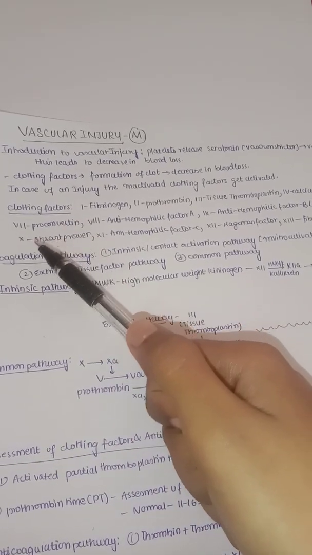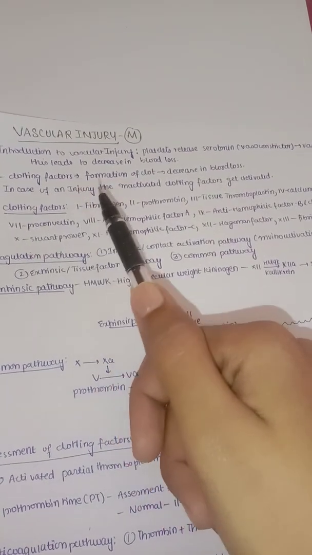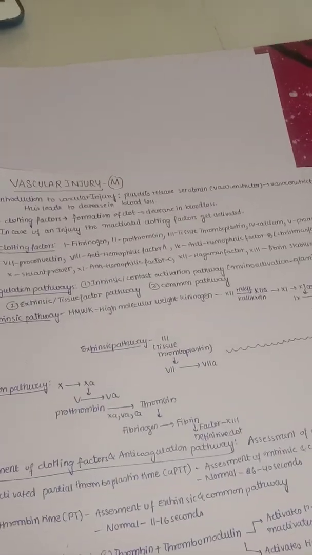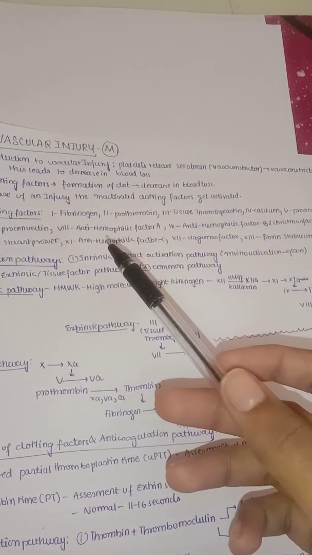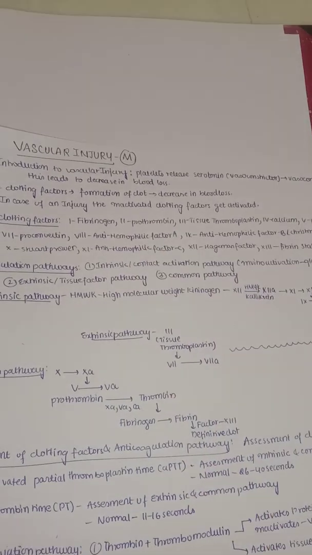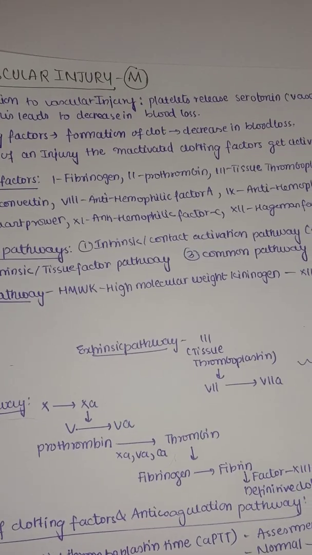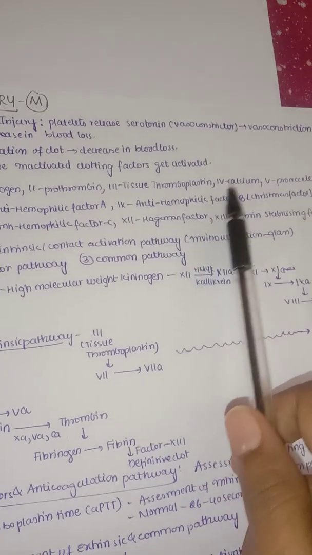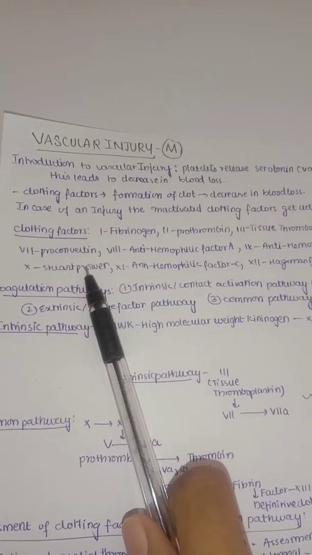We have clotting factors numbered 1 to 13. In that sequence, we have all the numbers 1, 2, 3, except 6. We don't have a 6th clotting factor. So what are the names of the different clotting factors? The first clotting factor is fibrinogen, the second is prothrombin, the third is tissue thromboplastin, the fourth is calcium, the fifth is proaccelerin,